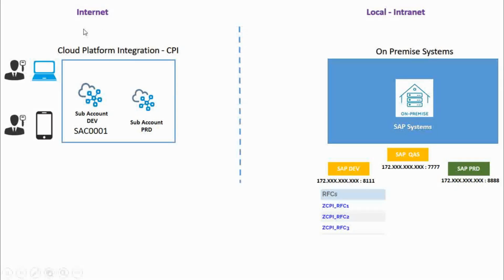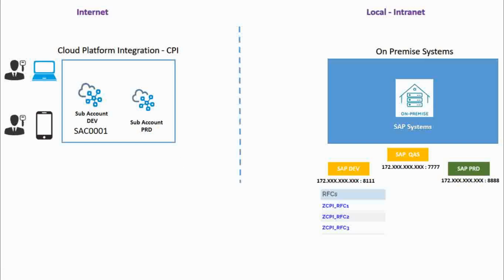Okay, now this is the situation we have. On the left side, in the internet, in the cloud, you have your cloud platform CPI installed, and you have some sub accounts. There are 2 sub accounts, one for development and one for production, and assume that your sub account name is SAC0001. I am just giving a hypothetical name. On the right side, in a secured environment behind the firewall, probably your on-premises system, you have SAP systems: a development, a quality server, and a production server, which are identified by individual IP addresses and port numbers. Okay, hope you know these things well. So this is your exact setup,